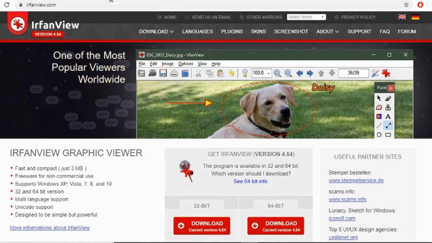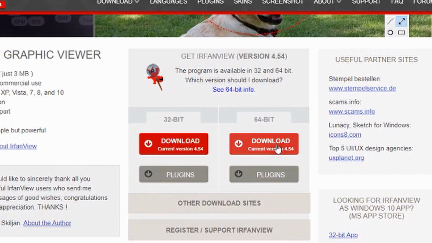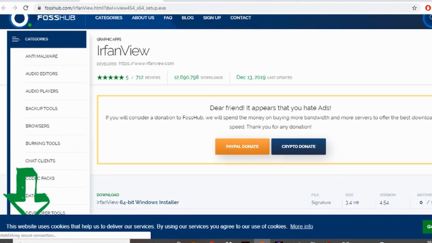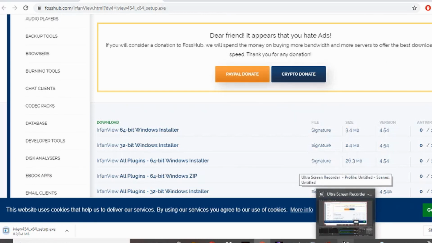Okay, to start with, one can go to irfanview.com. I'll provide the link in the description. Depending on your system, please select 32-bit or 64-bit. Here I am going for 64-bit. And one important thing to note is, as of now, IrfanView supports the Windows operating system only. Once downloaded, please follow the instructions to install. As of now, I'll directly jump onto IPTC information.